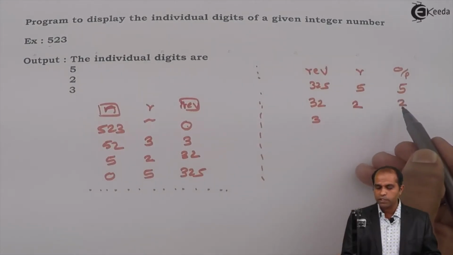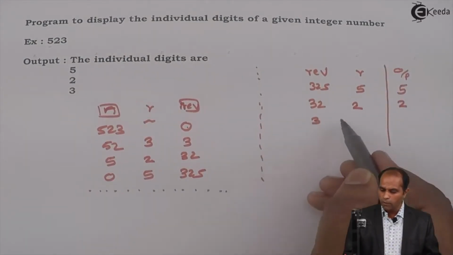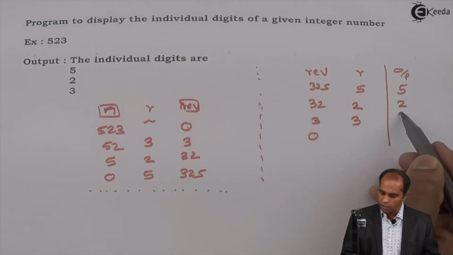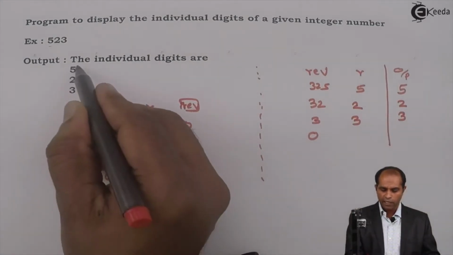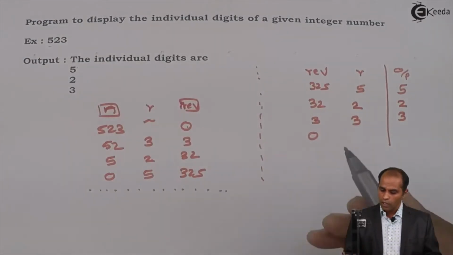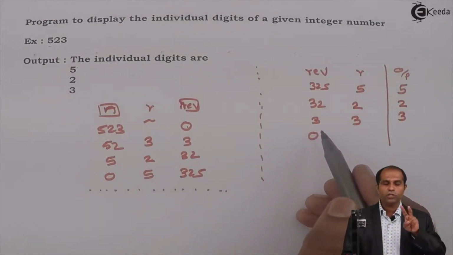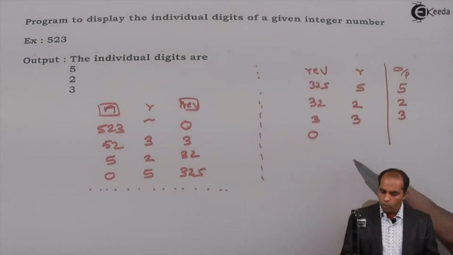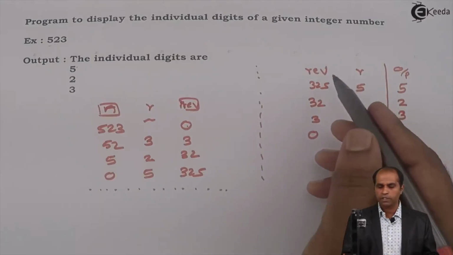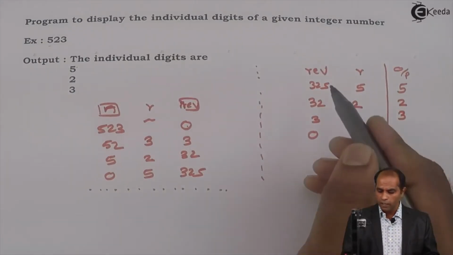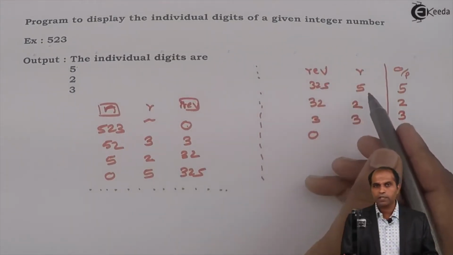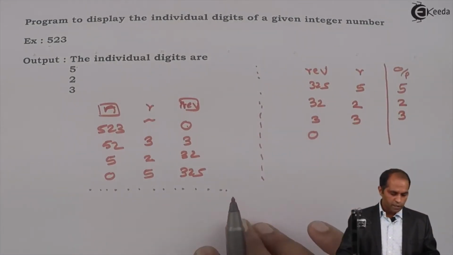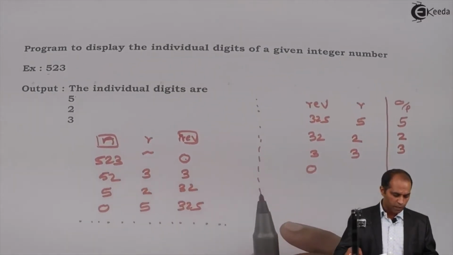2 will be displayed on the screen. 3 mod 10 is 3. 3 by 10 is 0 and the result is displayed as 3. So 5 to 3, and I have got the 5 to 3. So I had to now write two distinct while loops. First while loop to do this particular operation. Second while loop to extract the digits again one more time, but this time for rev. And here rev has to be stored and extraction has to be done from rev. And then I'm supposed to display these values of r. Now let's see the entire code for doing this particular operation at this place.